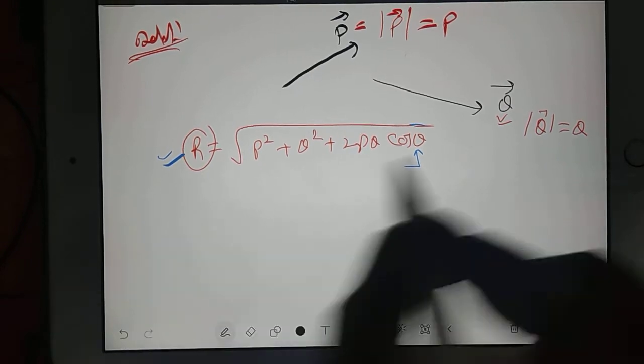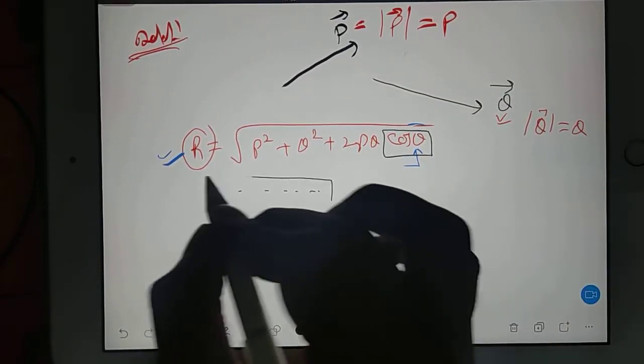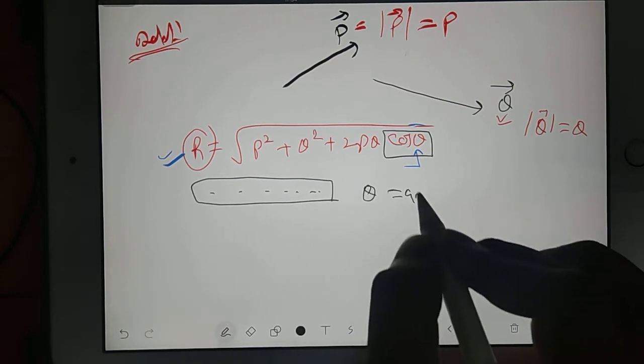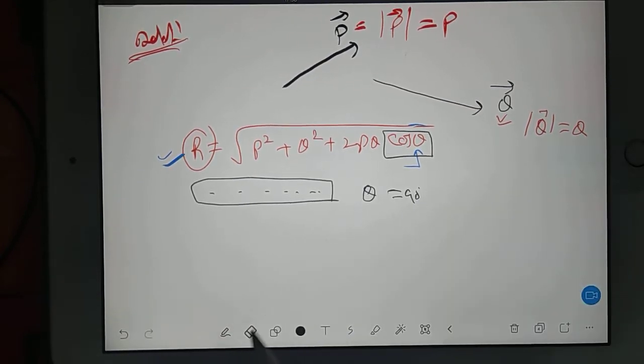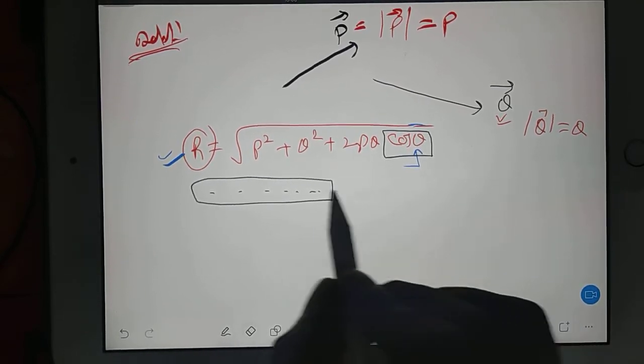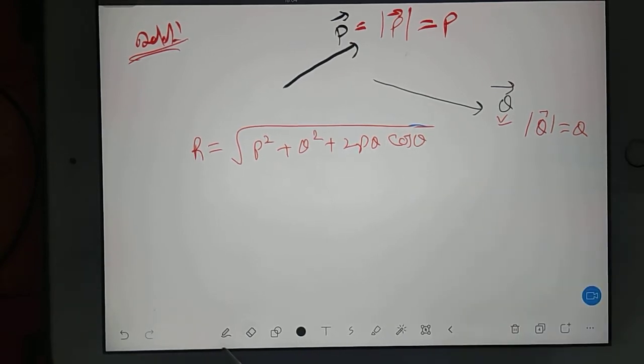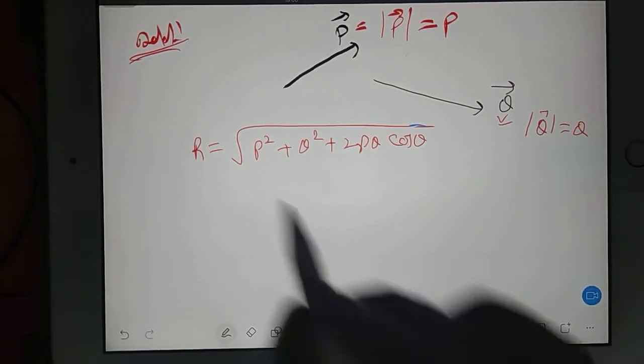Sometimes in the question they will not give the theta, but the wording of the question will sound like theta is 90 degrees. In those cases you have to be very sure that theta is 90 degrees. In some questions it will sound like theta is 0 degrees. Some questions are of that type.